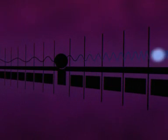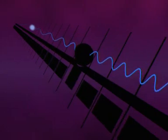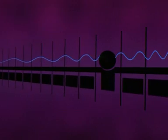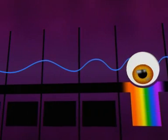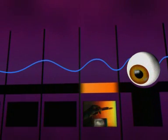The electromagnetic spectrum is a continuous spectrum of waves, from very short waves at one end to very long waves at the other. Visible light is just a tiny part of it, with a wavelength of between 400 and 700 nanometers. Infrared radiation has a longer wavelength than visible light. It has a wavelength of about a millimeter,